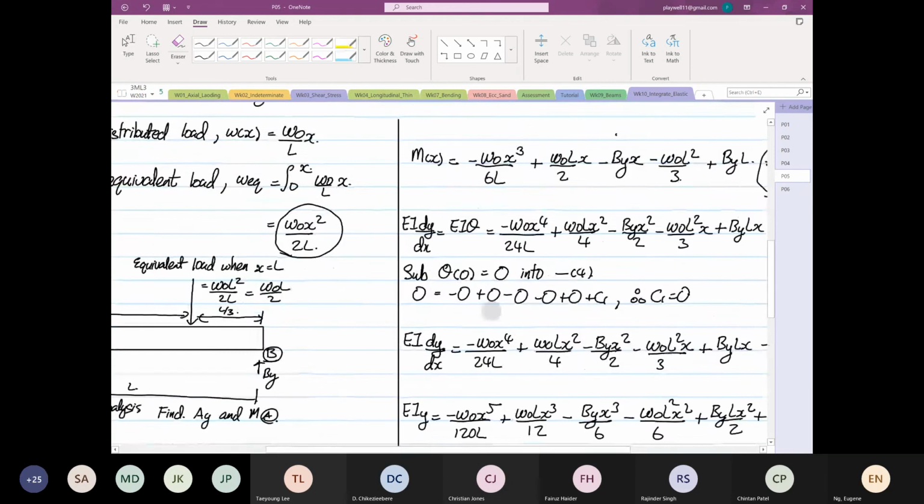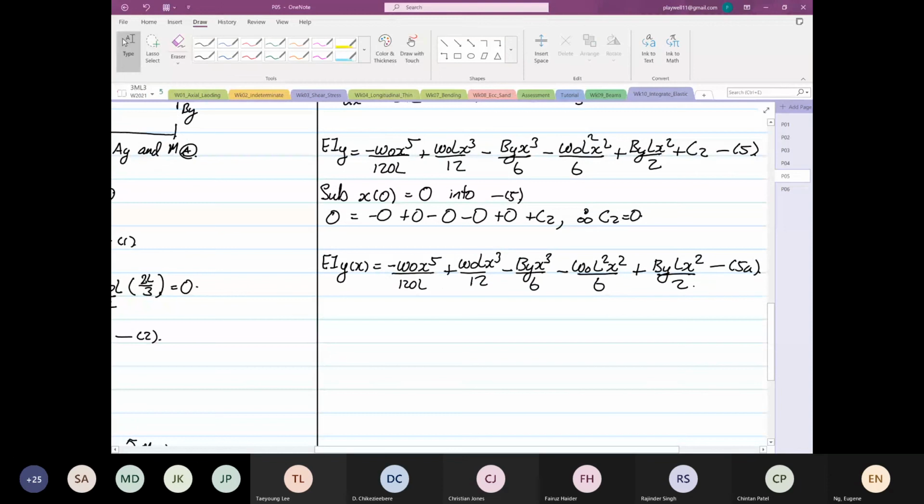Right? So the next one, we're going to substitute. Why do we have to substitute? If this term over here is equal to 0, then we can find By. Am I right? Then we can find By. So it is important. I'm almost done. Okay, don't worry, I won't jump over today. So we're going to substitute